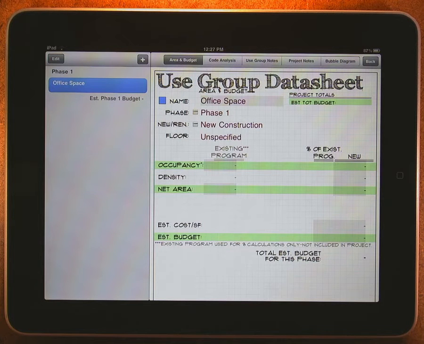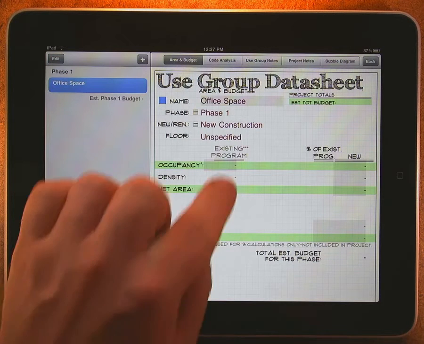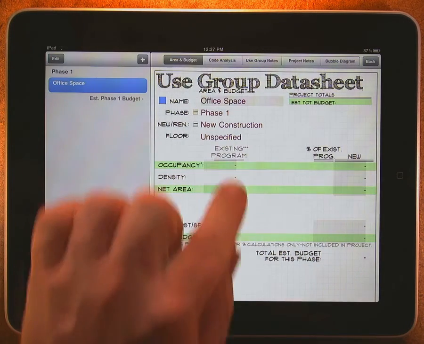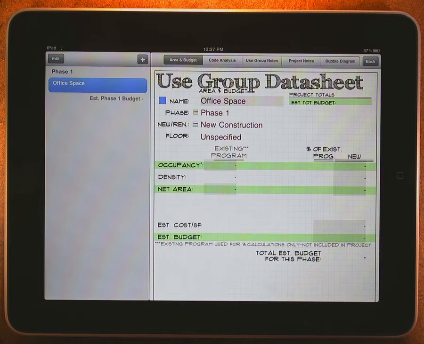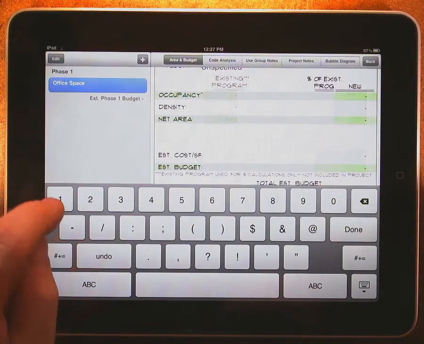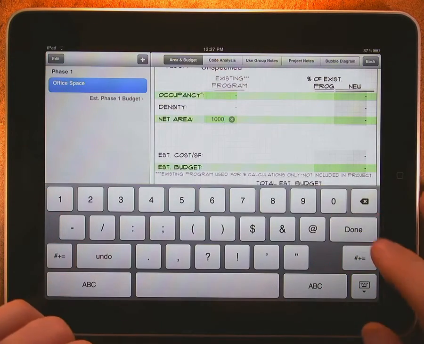In this view, we have two columns, an existing program column and a new construction column. The existing program column is optional, and it's provided for situations where your client is moving from an existing facility to one that you're proposing. In this case, providing values in the existing program column will result in statements about relative size being added to the narrative scope text. For example, if your client has an existing facility in which they have 1,000 square feet